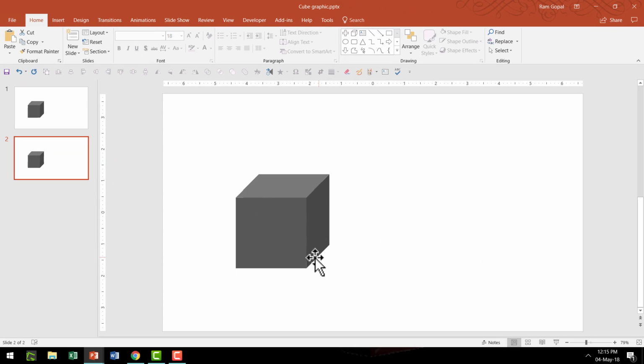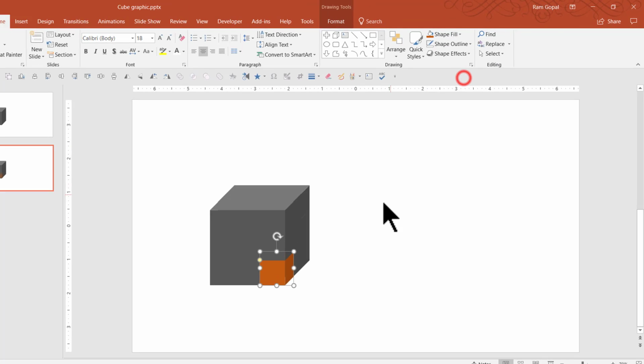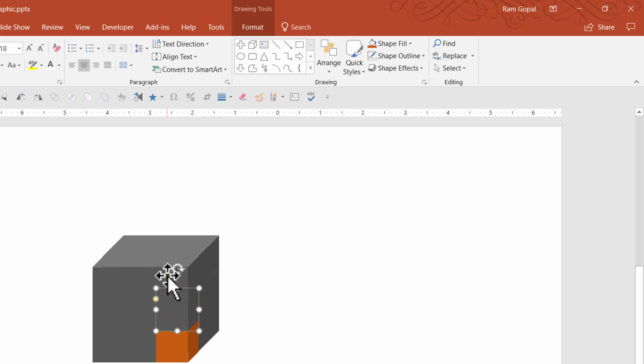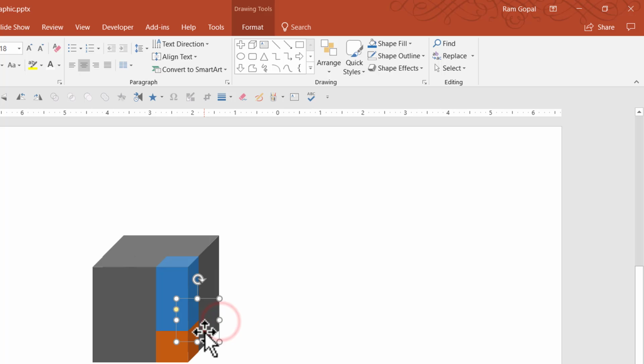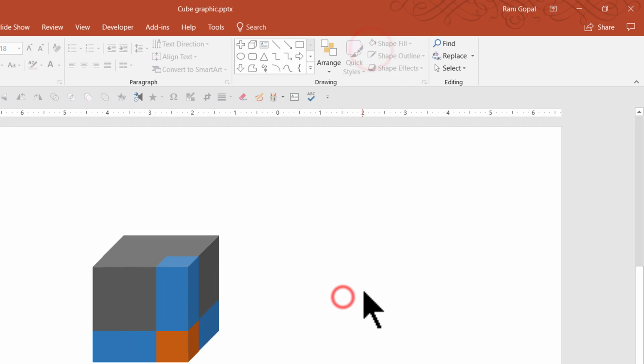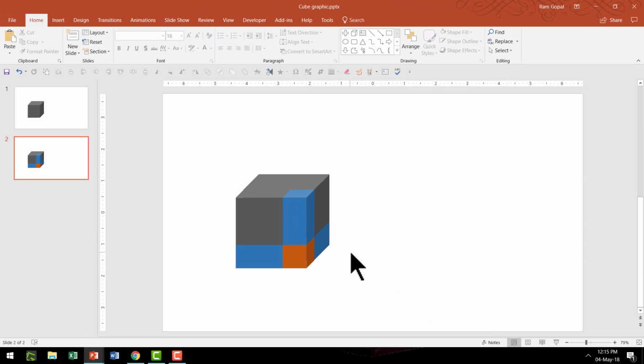And in this case, I'm going to represent this piece in a different color, like say orange color. And I'm going to have these two pieces in blue color. And I'm going to do the same thing for the other two pieces as well. As you can see, this is in blue color and I'm going to have this in blue color. Now we have got this. Naturally, we can label this as this is A and this is B and this is B and this is B. I'm not going to label all that,